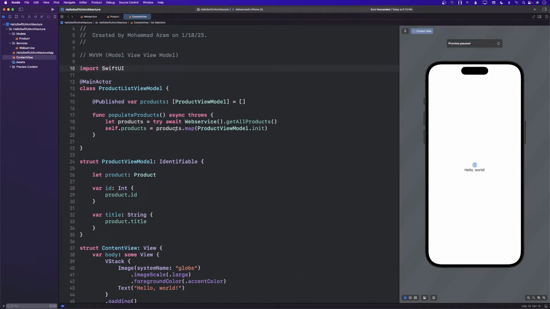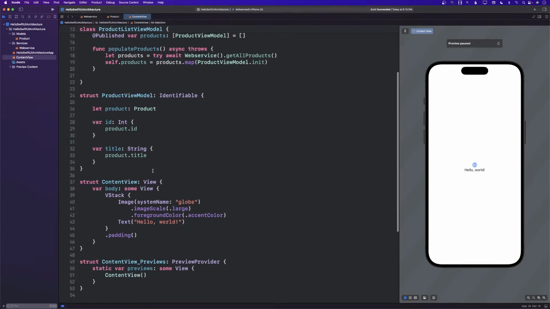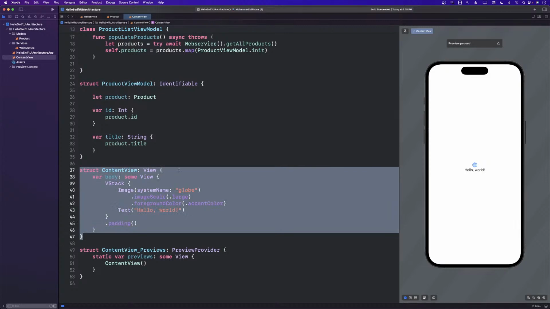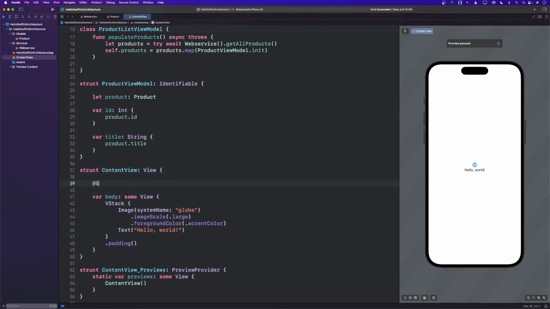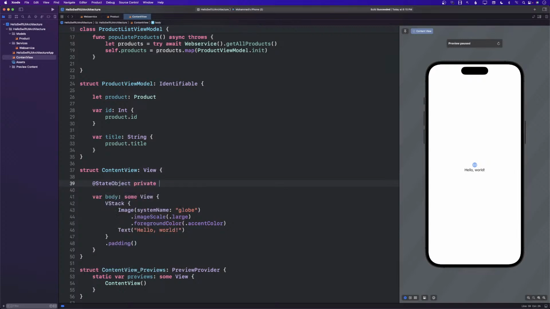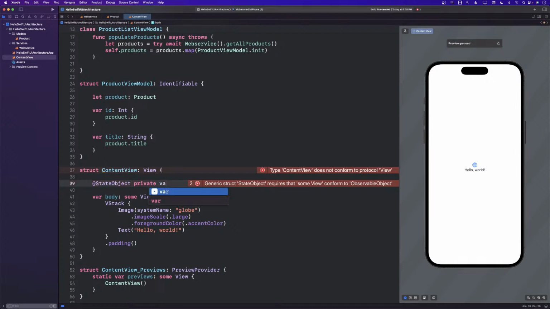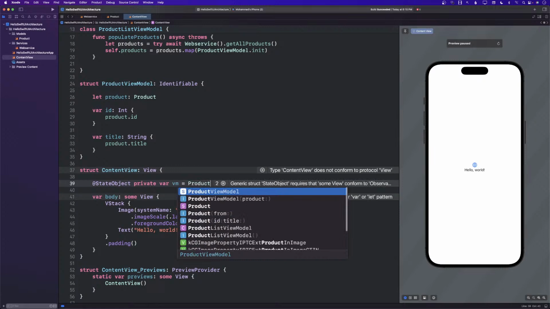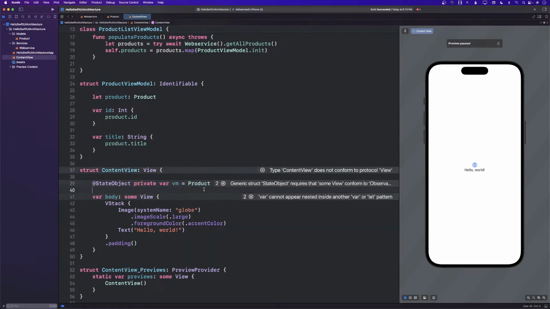This is the MVVM approach. How do we display the data? Well, now we have to go to the view, which is right there. Depending on how you want to use it, usually people create a state object. State object simply means that it will maintain the state, so it will not get reinitialized again and again. But in this particular very small scenario, it doesn't really matter because we don't really have any child controls right now. So I'm going to create a view model which will be of product list view model. Product list view model. There we go.